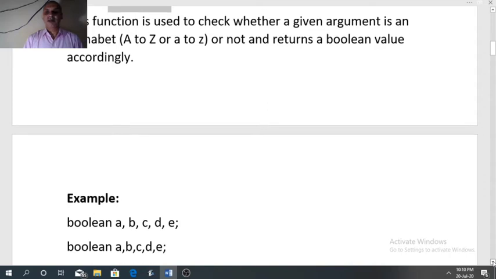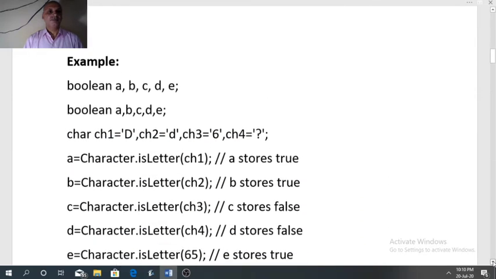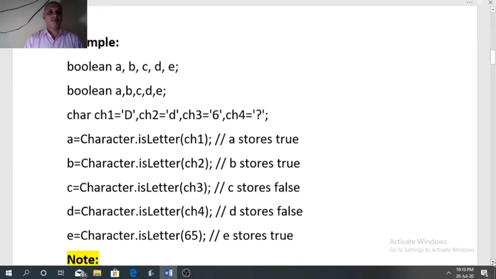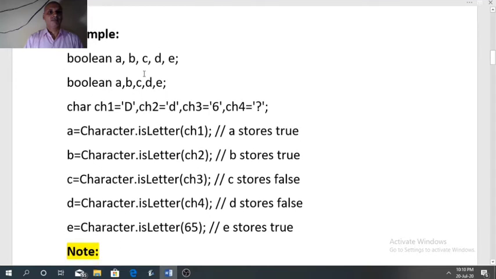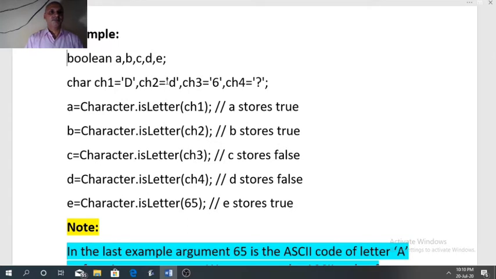See the example here. Suppose we have 5 variables A, B, C, D, E to store the result. So A, B, C, D, E will store the result of the function.